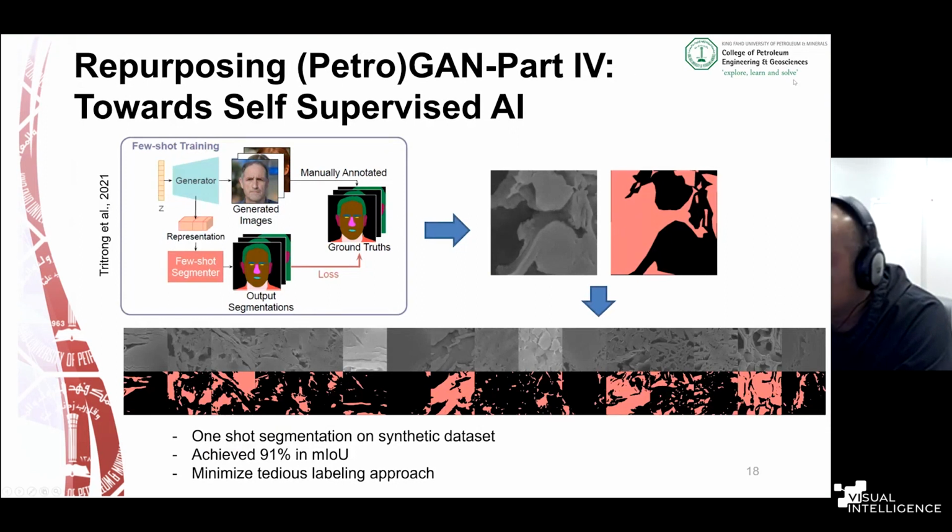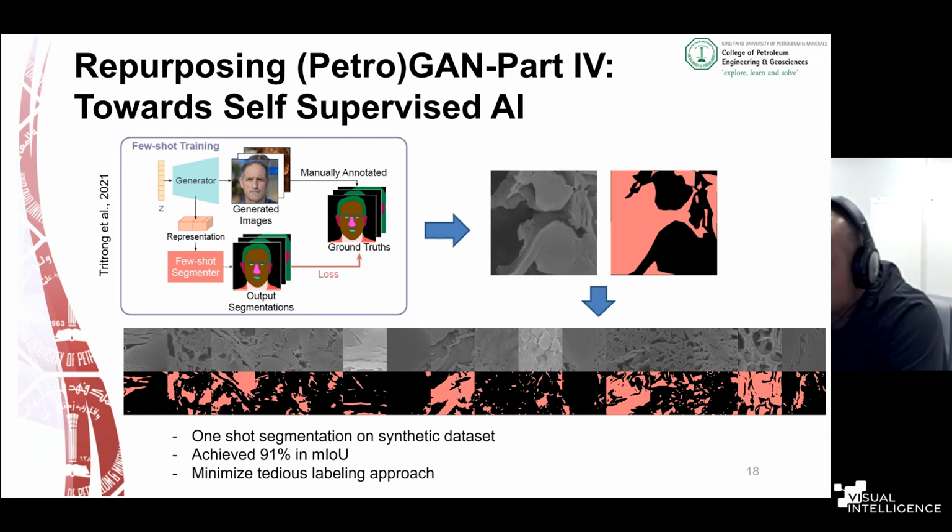grain. So in this case, we train GAN, and then from there we only label one image here, right? We only label the pore space, which is this pink reddish color here, and then the rest will be the green. And then from there, we try to predict everything in the synthetic examples. So this is all synthetic examples, right? And as you can see, it is doing a pretty good job in segmenting the pore space with only one or a few labels. In this case, we can achieve 91% mean IOU. So, if we can use this in different applications, this really will minimize the labeling task that we are mostly